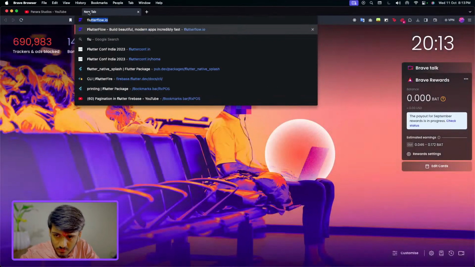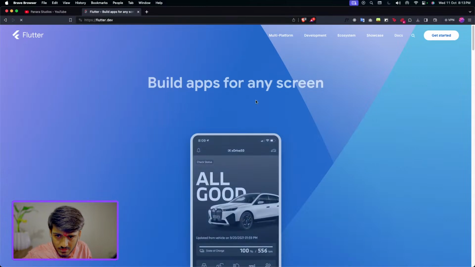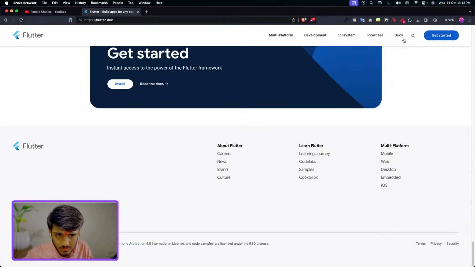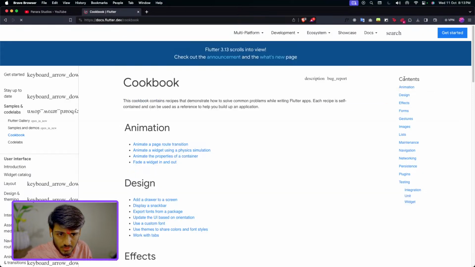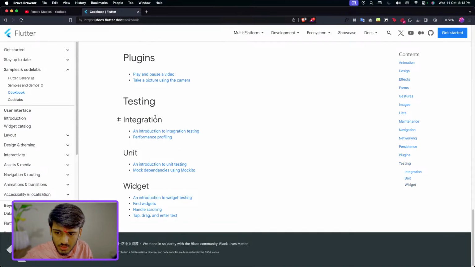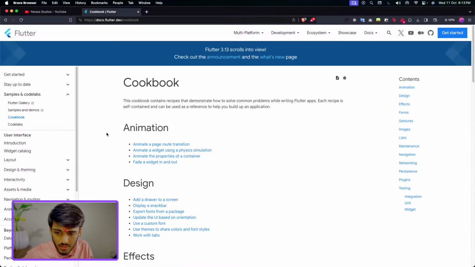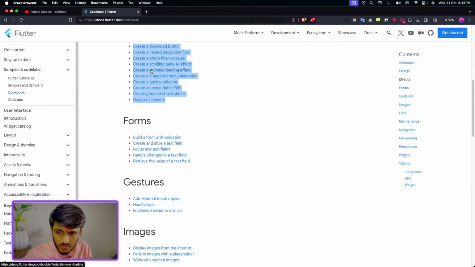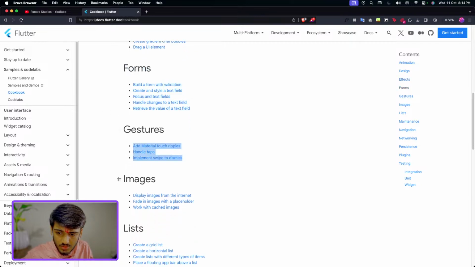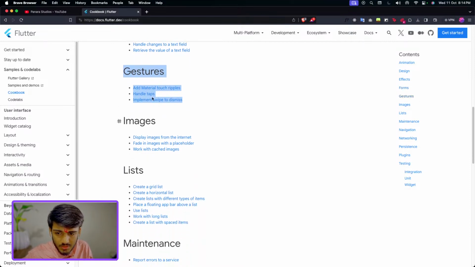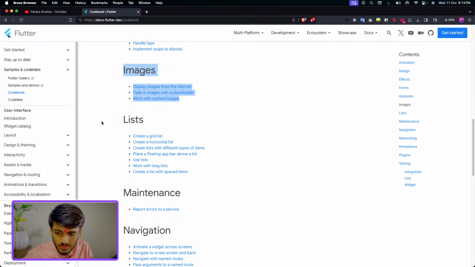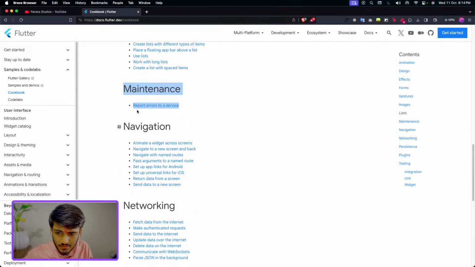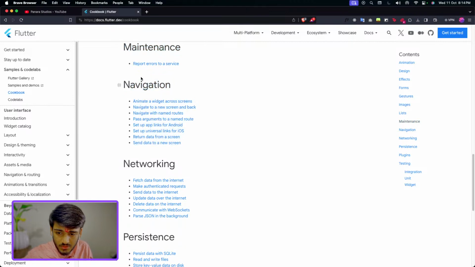And of course flutter.dev, and then you can just go to cookbook here, docs, cookbook, and from here you can learn whatever you want to learn, from animations, from designing the apps, from creating different kinds of effects like shimmer effects, photo filter, and a lot of other stuff. Again, how to create forms, gestures like double tap, single tap, long tap, all kinds of gestures, swiping, images, lists, how to handle errors, how to navigate user from one screen to other, as well as